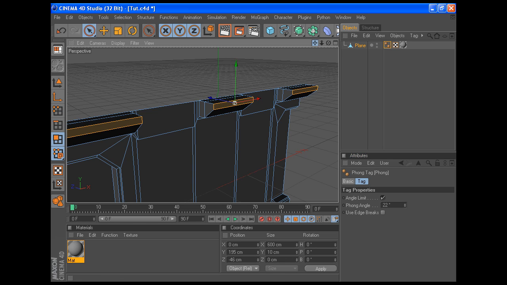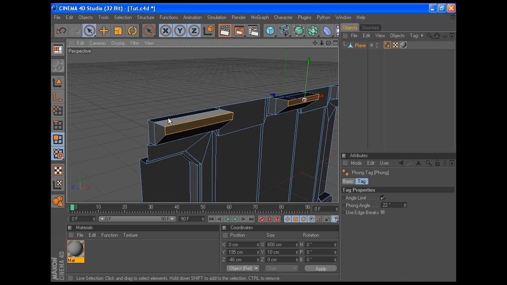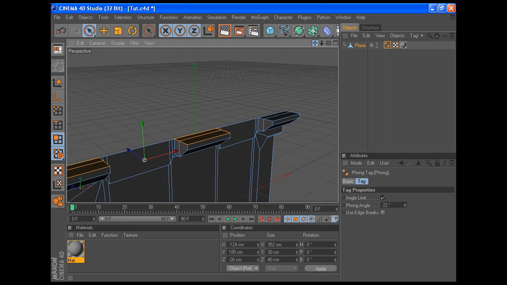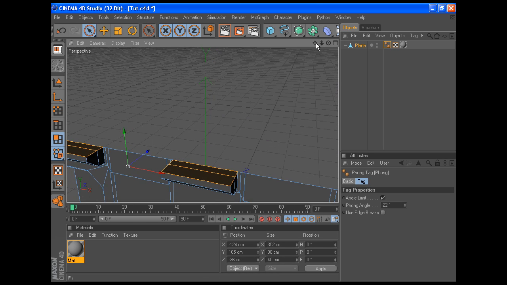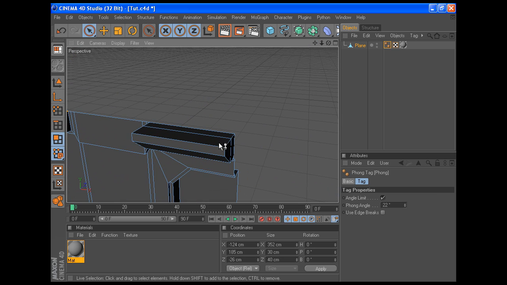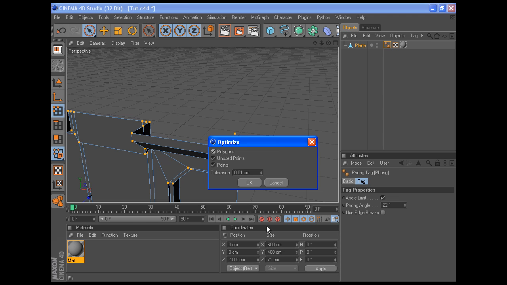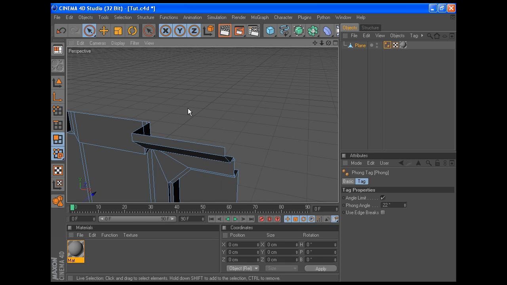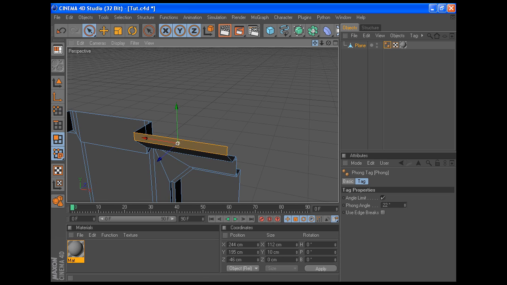So we want these 4 polygons plus these 2 top polygons, and these 4 polygons, and I'm going to hit delete. Go back to my point tool, press Ctrl A, right click, optimize, hit OK, back to my polygon tool, done. And then I'm going to select this edge, this polygon, and this polygon,